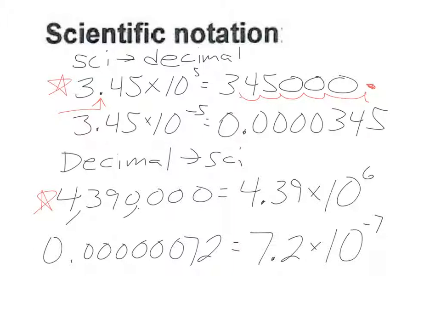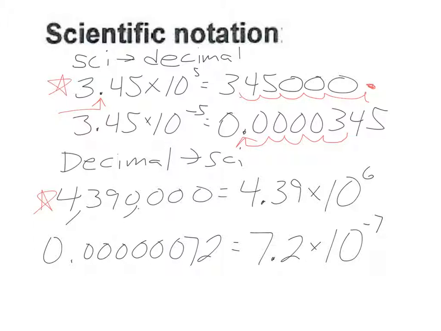3.45 times 10 to the negative 5, negative exponents mean my number is going to get smaller, so the decimal would have to move to the left. So it started after the 3 and it moved 1, 2, 3, 4, 5 to the left and fill in zeros. Going the other way around,